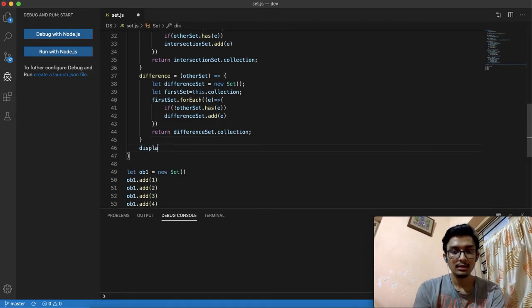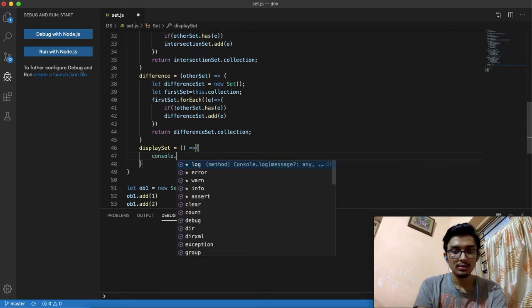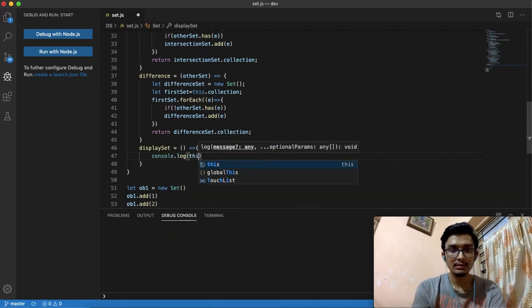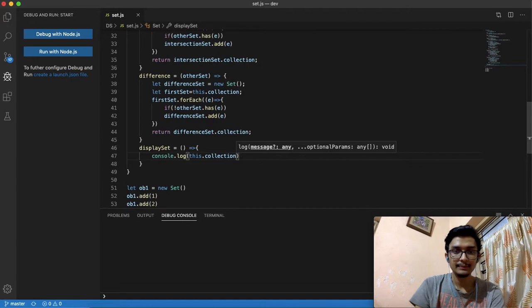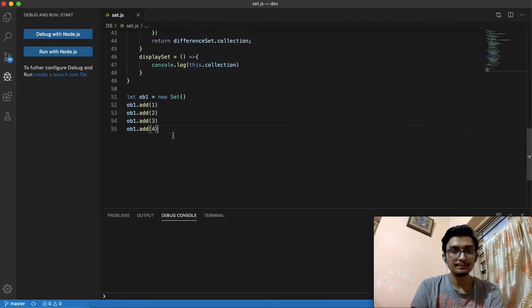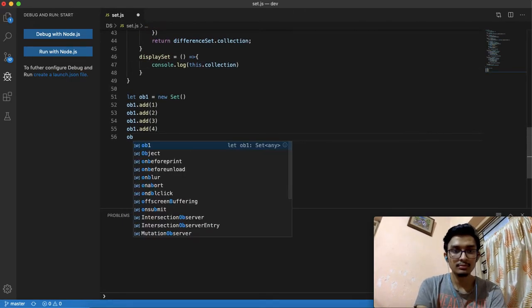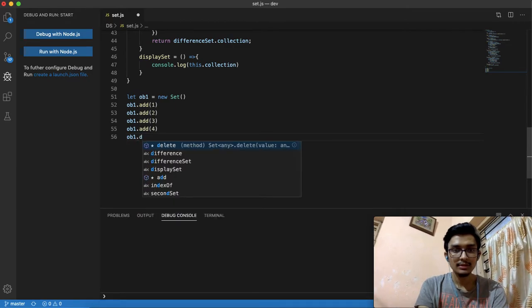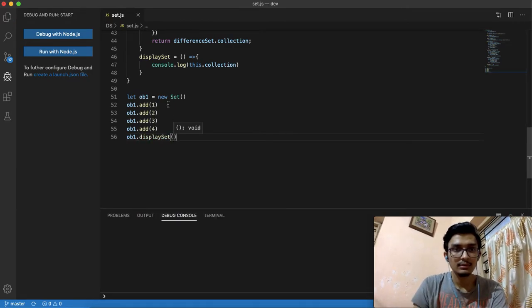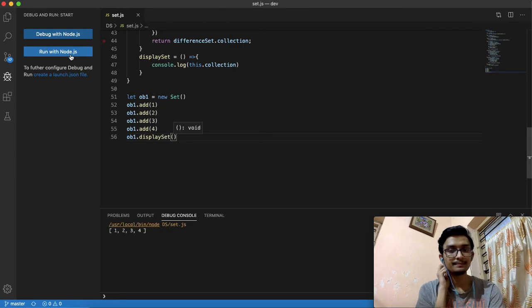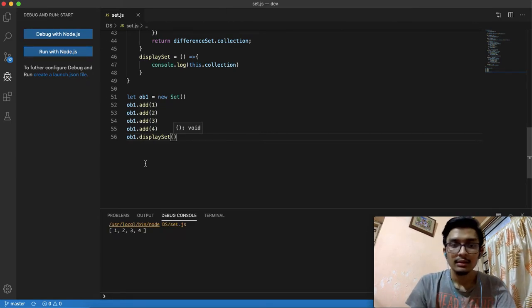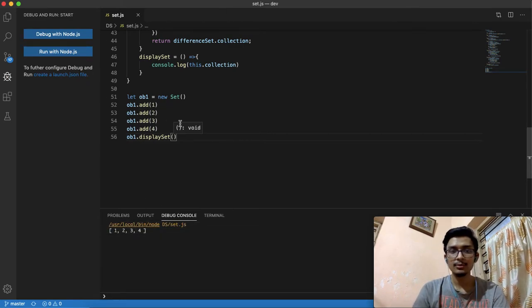The display set will just console log this.collection. Okay. So console.log(this.collection). So ob1.displaySet, let's run it. You can see the first set is 1, 2, 3 and 4.